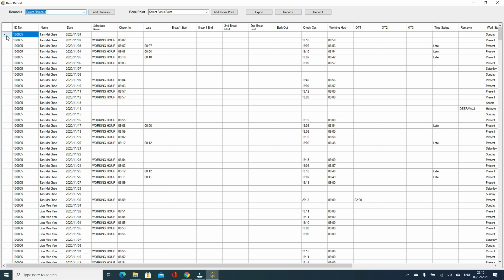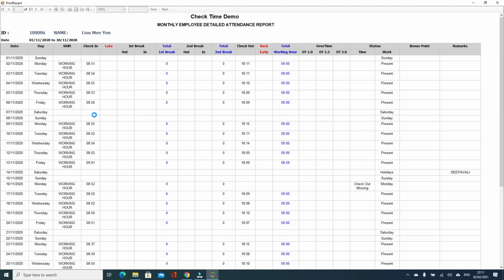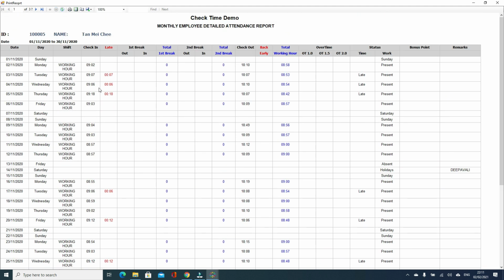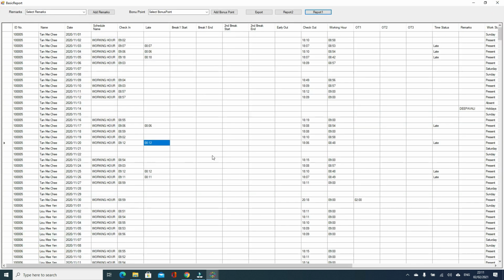After this we go to the basic report. The basic report contains all of these reports, so you can export this report to Excel, or if we have another two formats you can go from here, report one format, to print in a different way. To print the report means one of the additional formats, because sometimes people want more detail. Then another one is just for check-in and check-out and total working hour. This data also you can export to Excel directly from here.